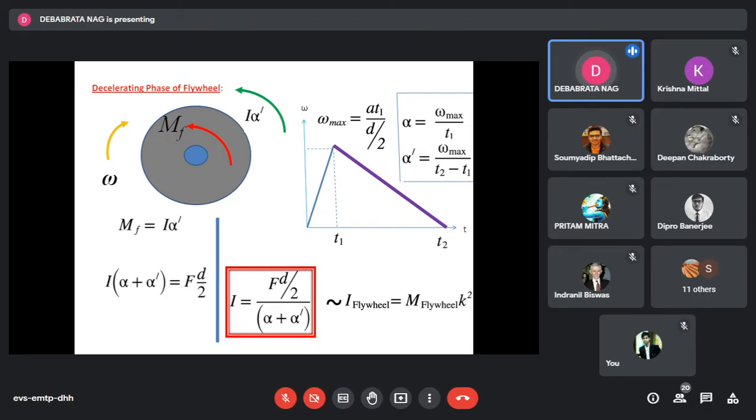পুরো সিস্টেমটা ঘুরতে ঘুরতে যখন থেমে যাবে, তখন প্রথম থেকে যে সময়টা থাকবে, সেই সময়টাকে আমি বলছি T2। ঠিক আছে? তাহলে